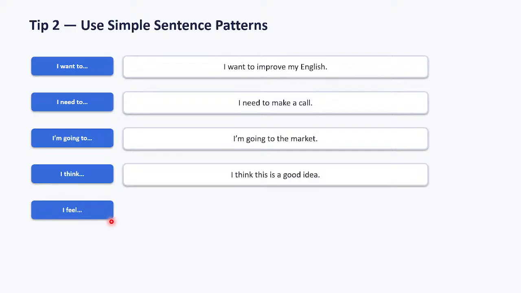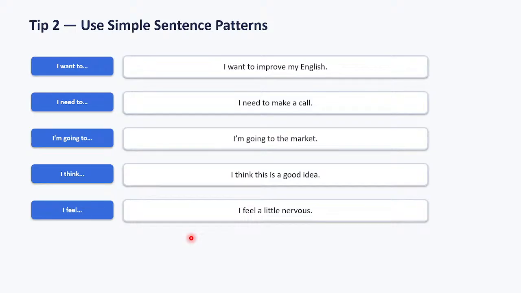Okay, I feel. Now let's check what would be here. I feel a little nervous, right? I feel a little nervous today, right? So these kinds of sentences you can create. Hope you are getting my point. Okay, with these small sentences, with these small changes every day, one day you guys would be very great while speaking in English. Somewhere you need to start, right? So it is important to start today, right?